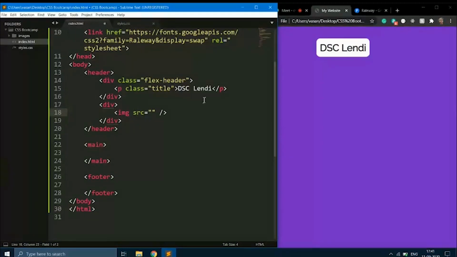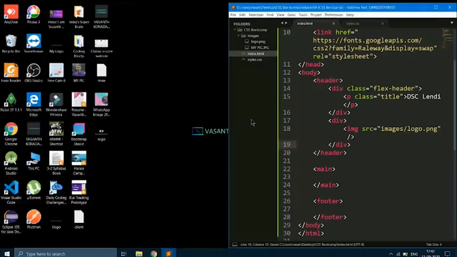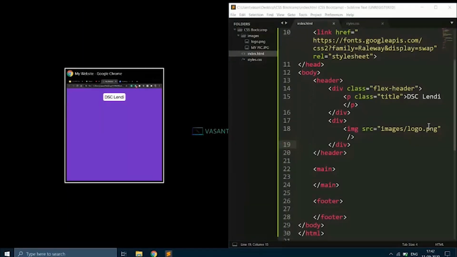So let's say image source, and I'm going to give the path. My image is present in the images folder, and the name of my image is logo.png. Give me a second.